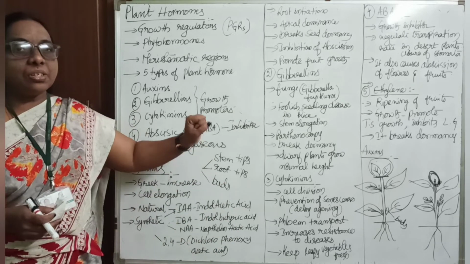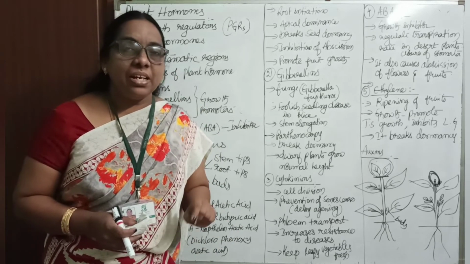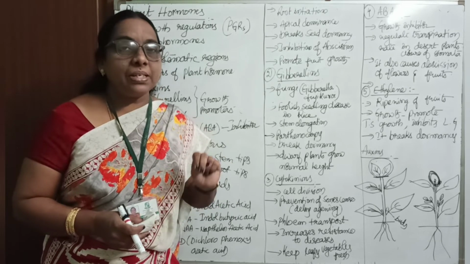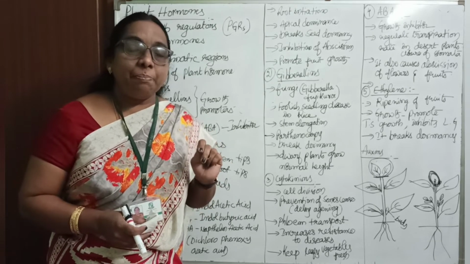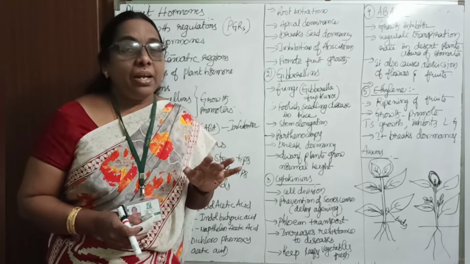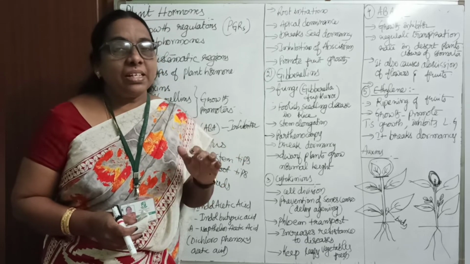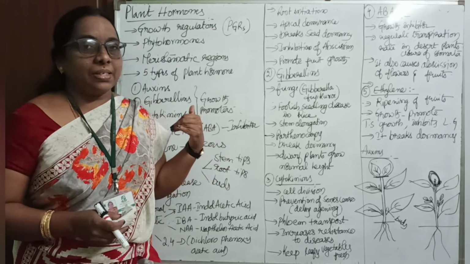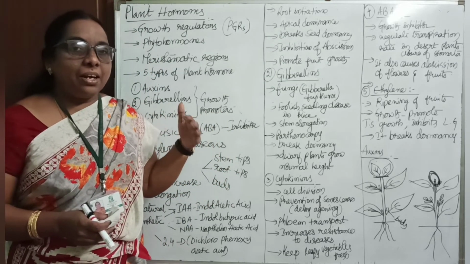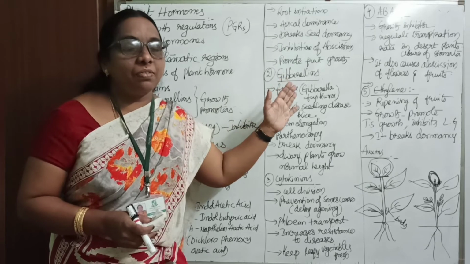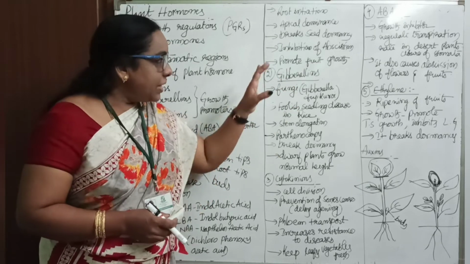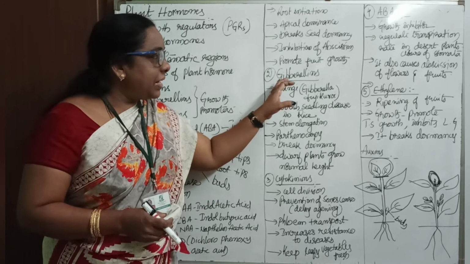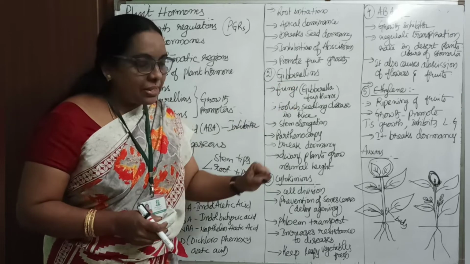The main functions of the auxins are root initiation, it encourages apical dominance, it breaks seed dormancy, and it prevents abscission. That is, early detachment of the leaves is controlled by the auxins. Clear? Yes. And not only that, it promotes the growth of the fruits. Okay? Yes, that's it about the auxins. And the next one,